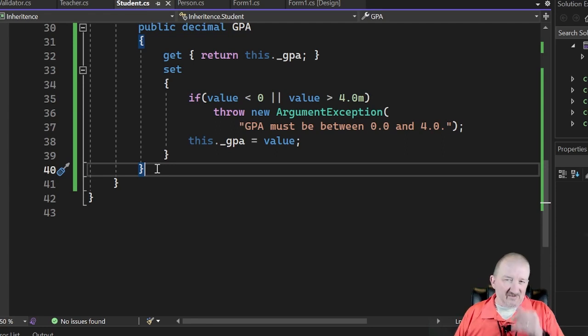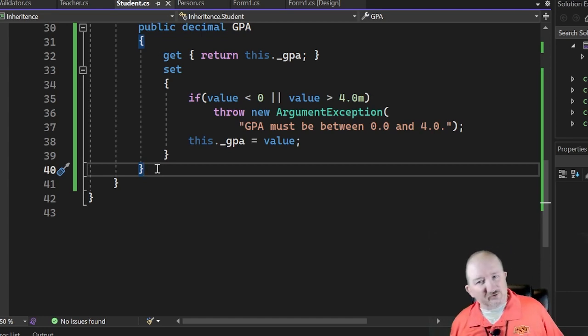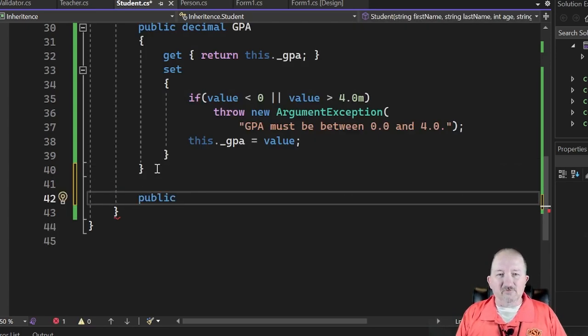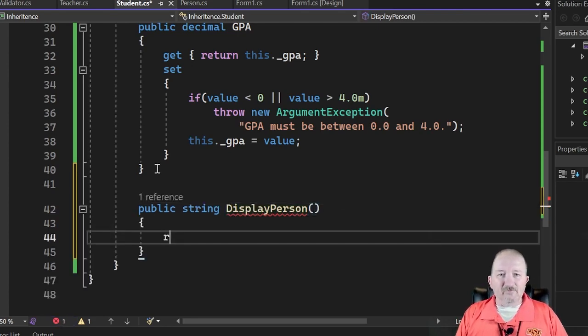And the reason for that is when we start working with classes and objects and inheritance and stuff like that, we really want to make sure that we're using the same method names that do the same thing. And there are some reasons for that, and I'll demonstrate that in just a minute. But first we're going to create a public string called DisplayPerson, and we're going to